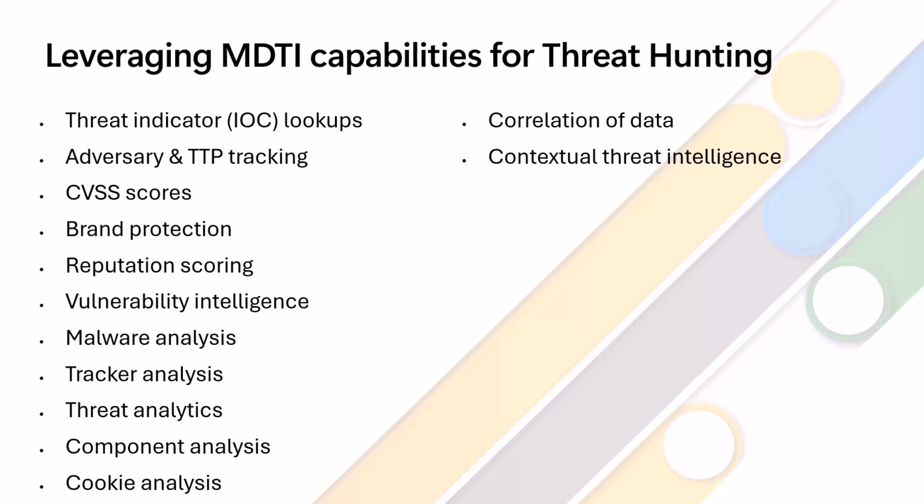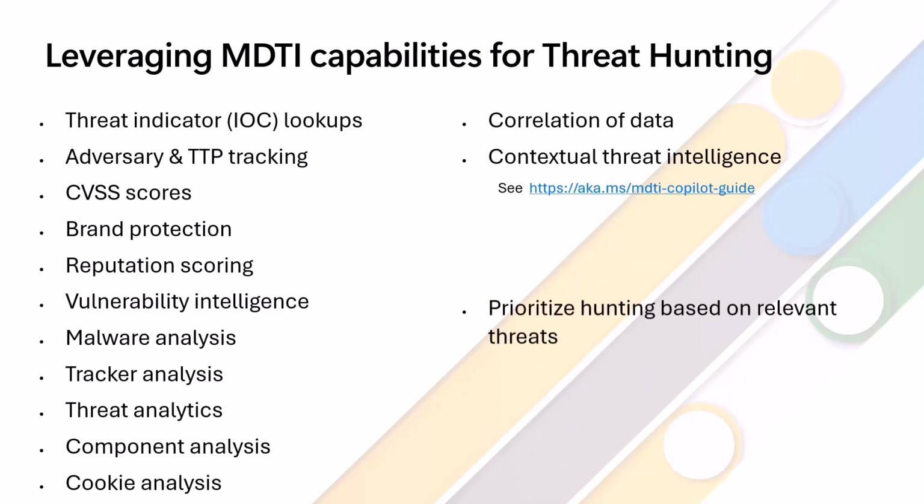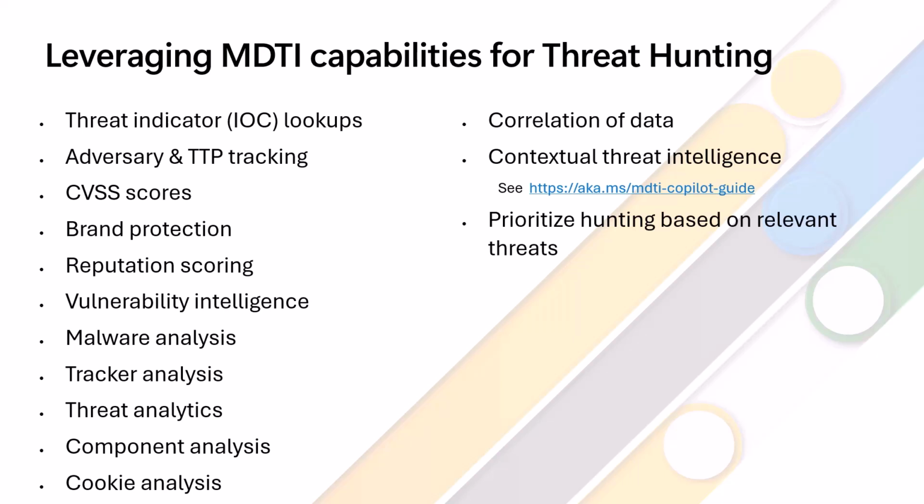Note also that MDTI is included for free with any tenants provisioned for a Copilot for Security Security Compute Unit, or SCU. See the URL on the screen for more information. MDTI helps you prioritize your hunting efforts based on relevant threats to your organization. This uses intelligence such as reputation scoring and threat analytics to prioritize threats based on exposure level, reputation, CVSS scores,